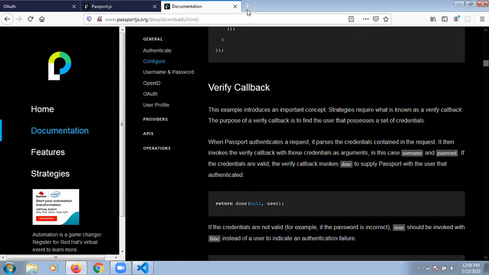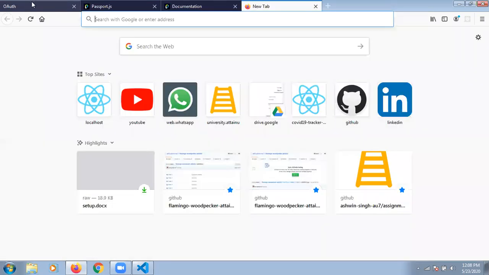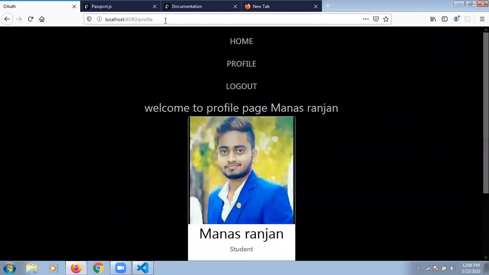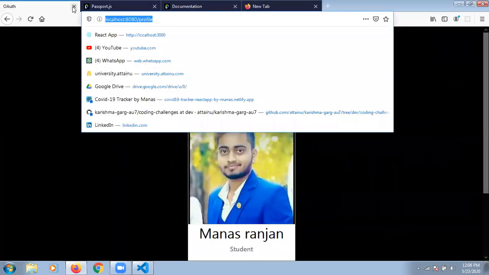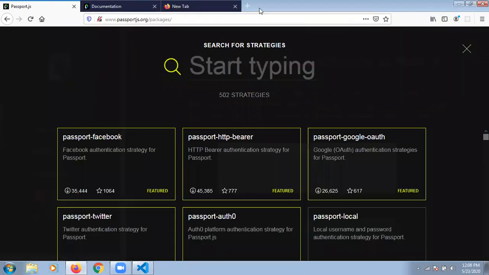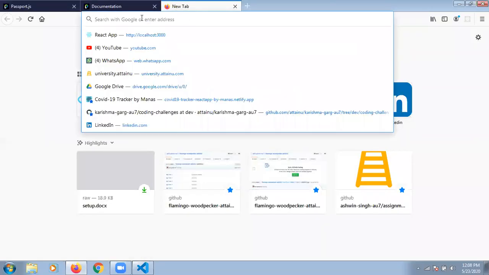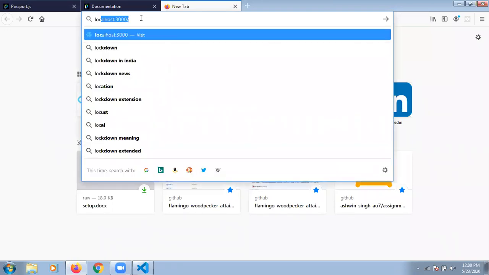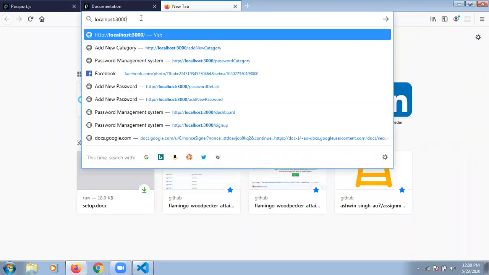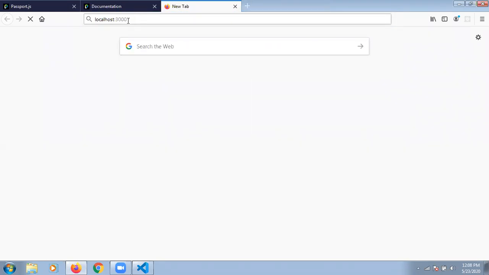I'm going to my localhost. This is my old server. I just want to close this one, no need of this. And I am going to localhost 3000 because I am giving the port number 3000.